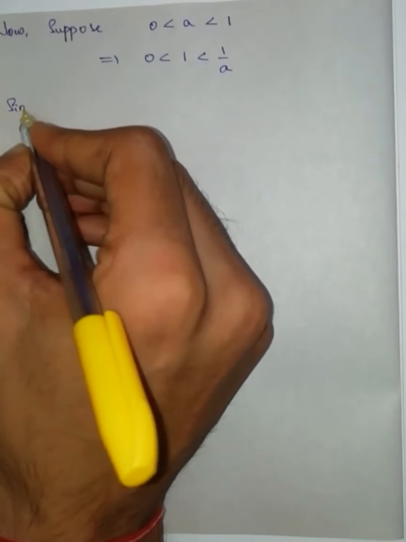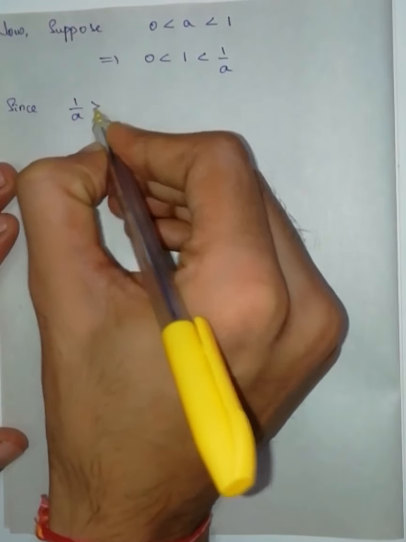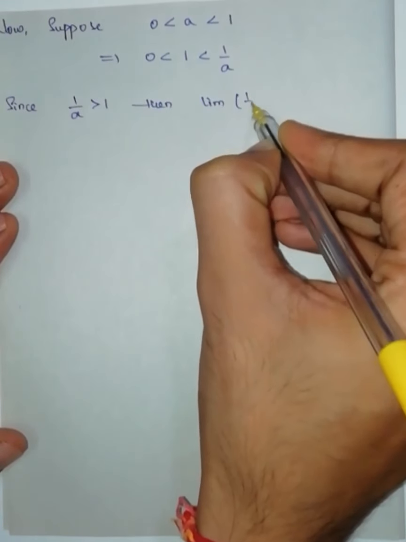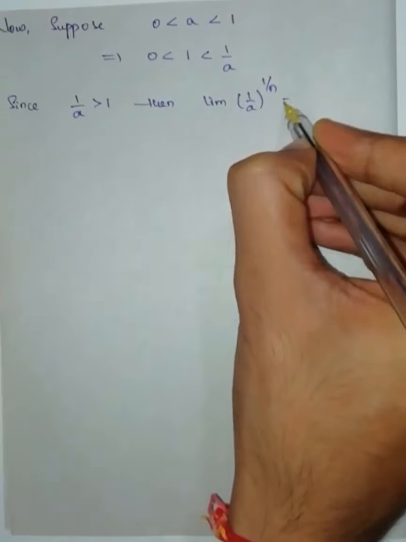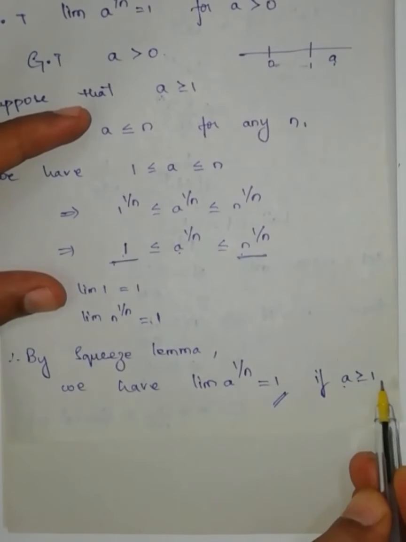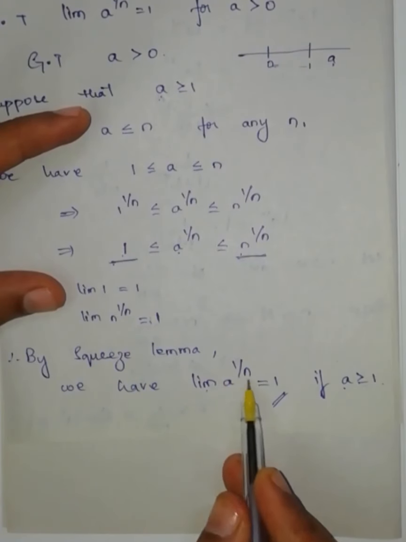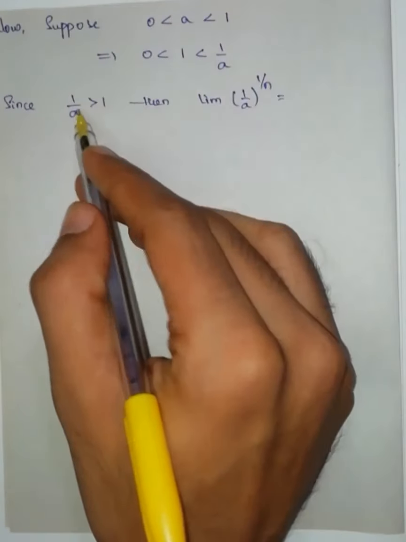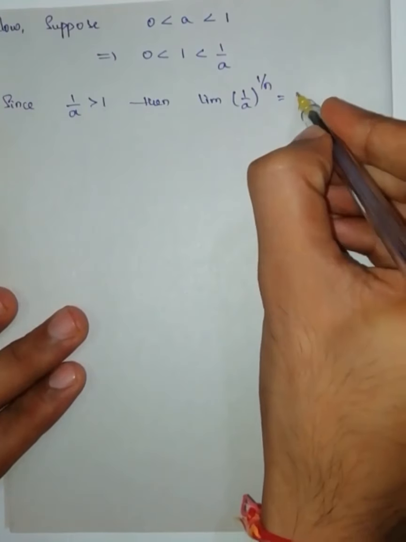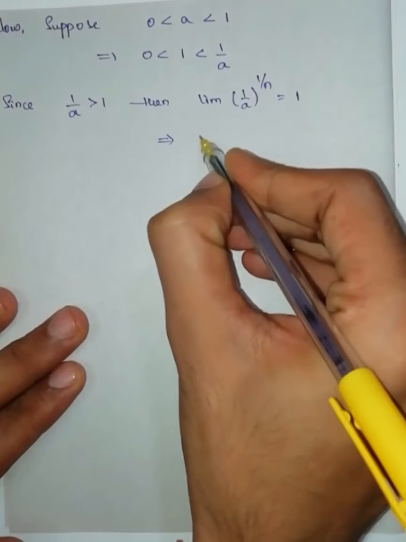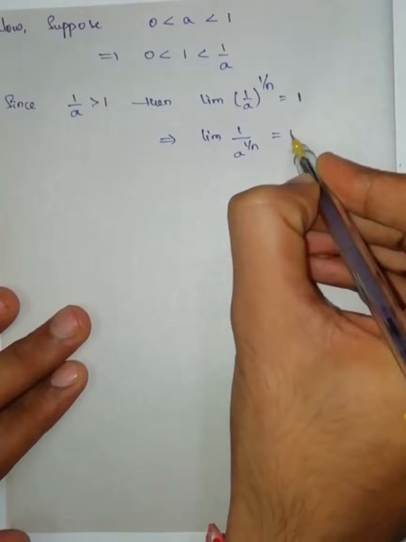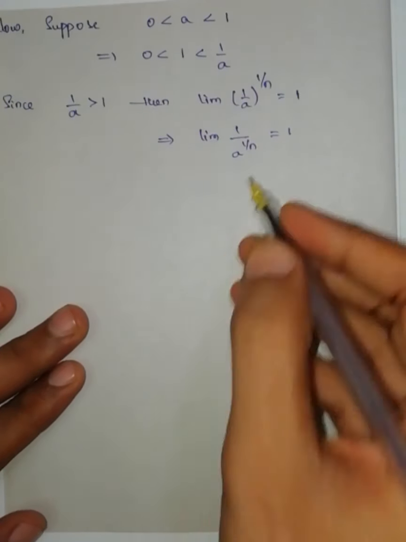Since 1 by a is greater than 1, then limit of 1 by a to the power of 1 by n, as we have just proved in the above case, if a value is greater than or equal to 1, then this value to the power of 1 by n has limit 1. This is greater than 1, so limit of 1 by a to the power of 1 by n is 1. This one I can write as